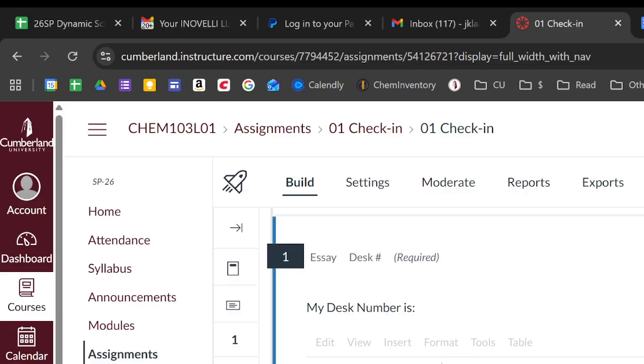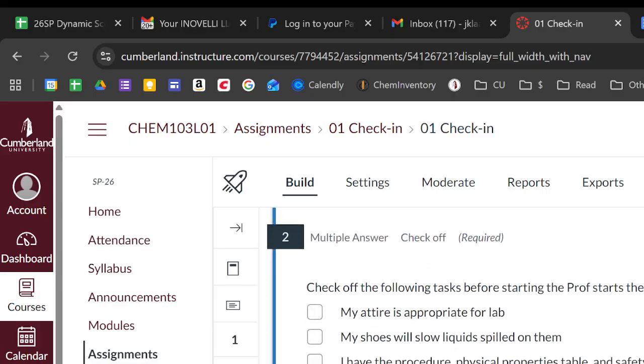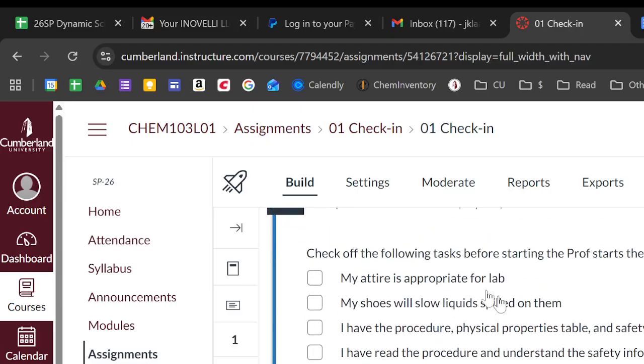This has pictures of all the glassware and equipment that you should have at your desk locations. You would put your desk number, see the numbers that are in little white tags. A few of those have come off, but you can just look at your partners and go, oh, my desk number is this. And then you type that in there. You will notice that this will reject anything that has less than 1 or more than 2 characters because we do not have hundreds of desks and we do not have a 0 desk. It's 1 through 24, so that's the only answers you can put in. This right here is a check sheet, and so you go through and do a check sheet.